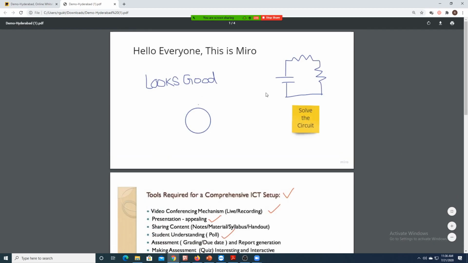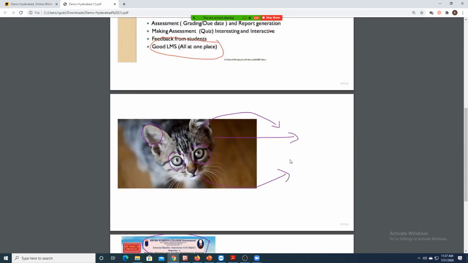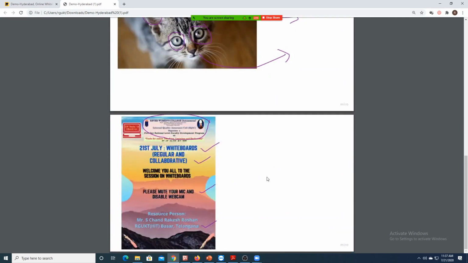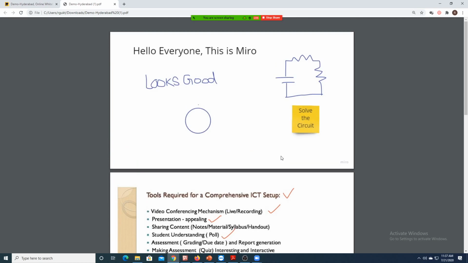So this is my Miro board that I have just used with my students. This is the first page, first frame rather. This is the second frame. This is the third frame. This is the fourth frame. I guess that is more than sufficient, right? It looks good, the quality is good. I'm okay with this. If you want the best quality, you can upgrade, but I personally believe it is not required.